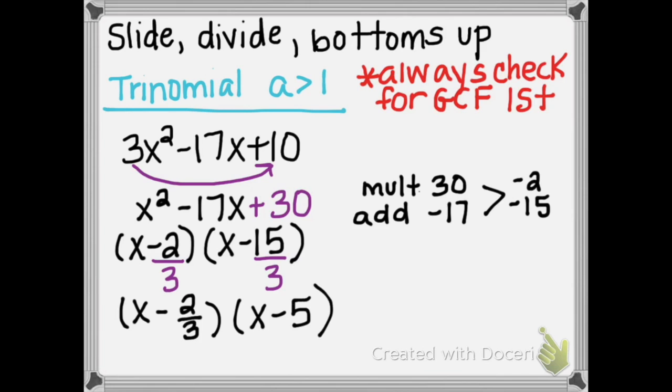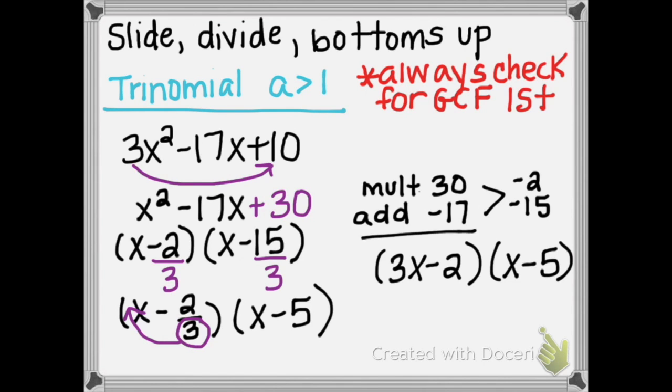And then finally, the last part is to bottoms up. Bottoms up means anything in the denominator, bring it back up in front of the variable. So my final simplified form and factored form is going to be 3x minus 2, x minus 5. And if you go back to the example in that presentation, I think it's actually a PDF, but it was initially a PowerPoint. That's the exact same example that was in there. And just to give you a little bit more,